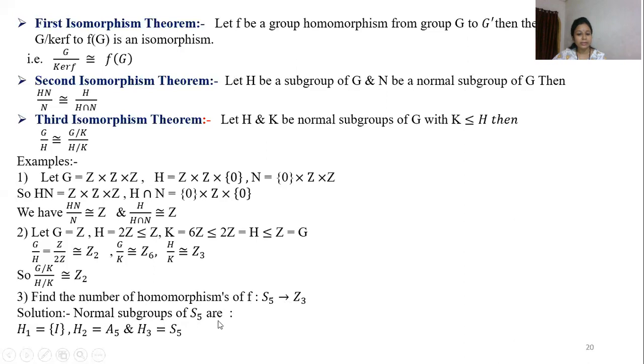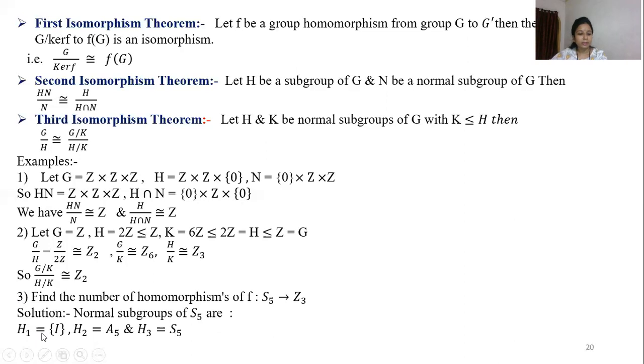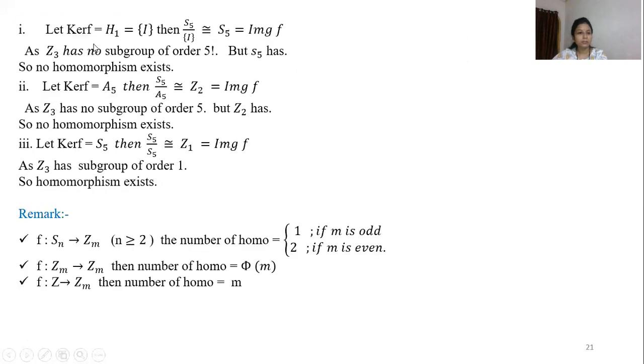In general, any Sn with n greater or equal to 5 has only 3 normal subgroups. One is the identity, the second is the group itself, and the third one is A5. The alternating group is always a normal subgroup of the symmetric group. In general, we can say that An is a normal subgroup of Sn. Now there are 3 normal subgroups of the domain. Therefore, only 3 possibilities of quotient group exist. These 3 possibilities of kernel exist.